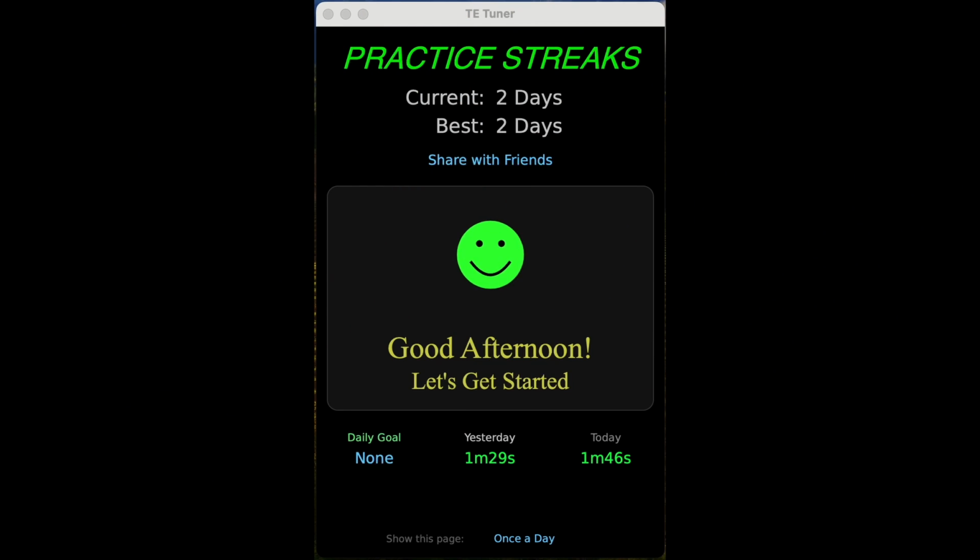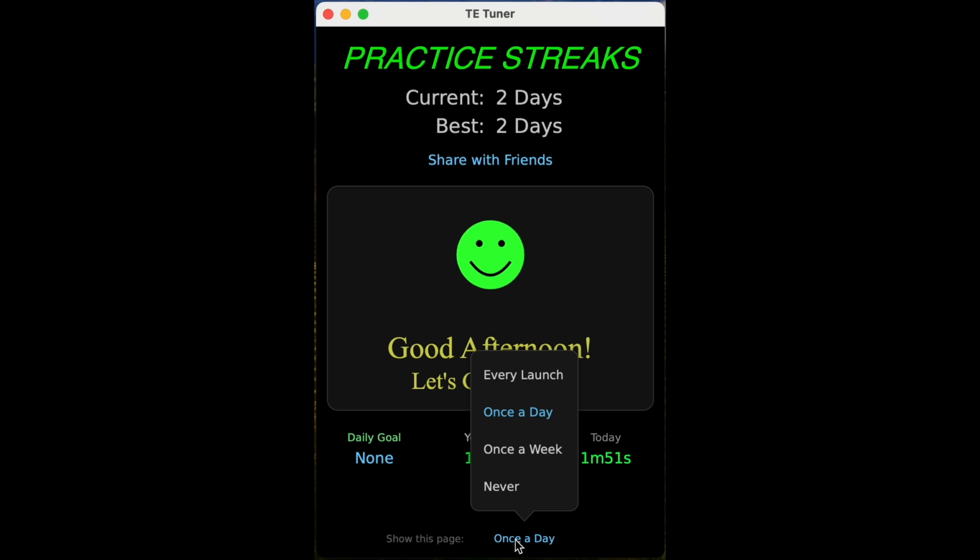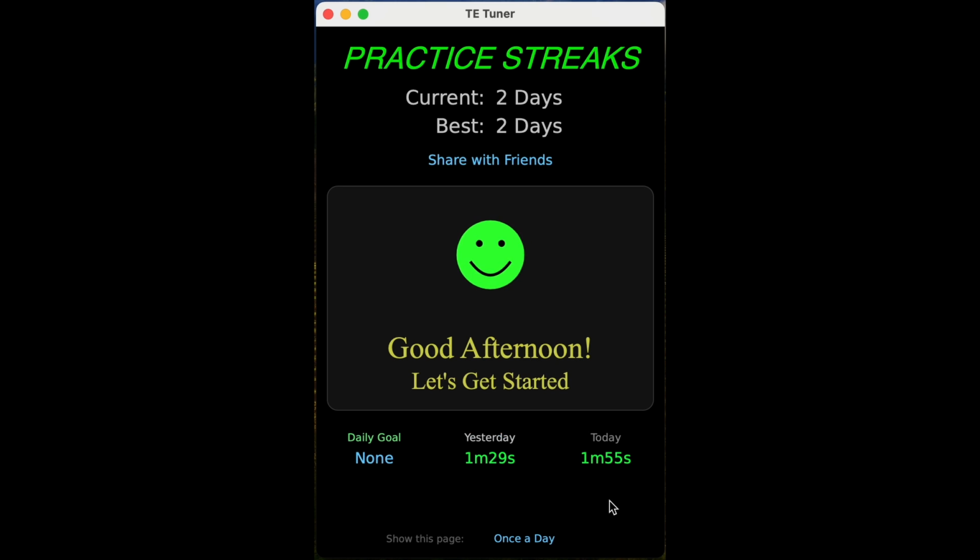So this is what Tonal Energy looks like when you open it up for the first time in a day. You can change it so that you see this page every launch, once a day, once a week, or never, but I have it set to once a day. So it shows you your practice streak, how many days you've been using this app in a row. So if you use it every time you practice, then it is a fun way to keep track of practice streaks,